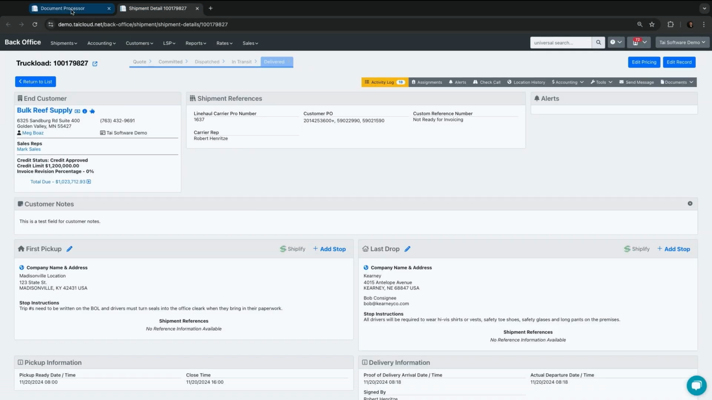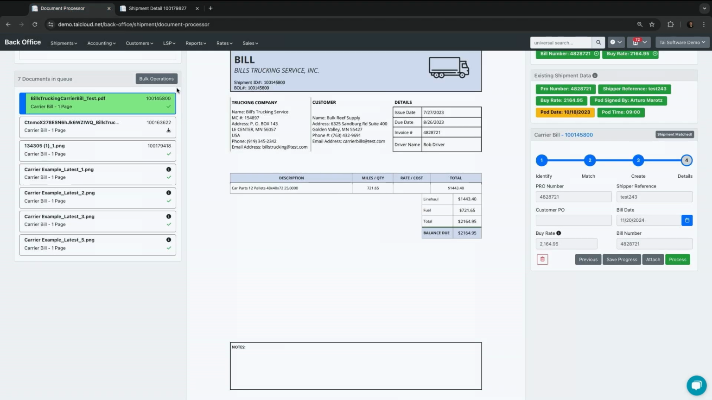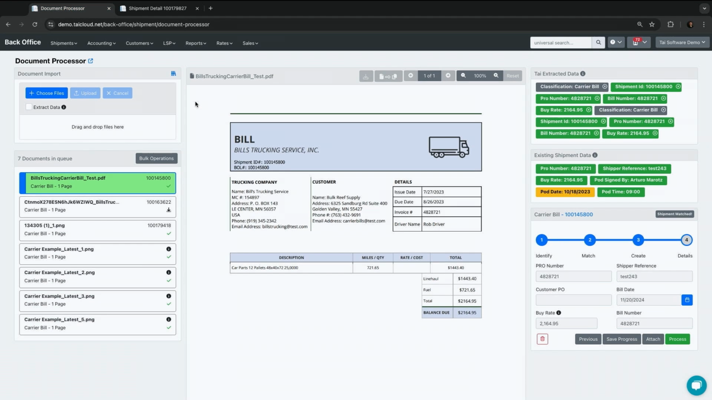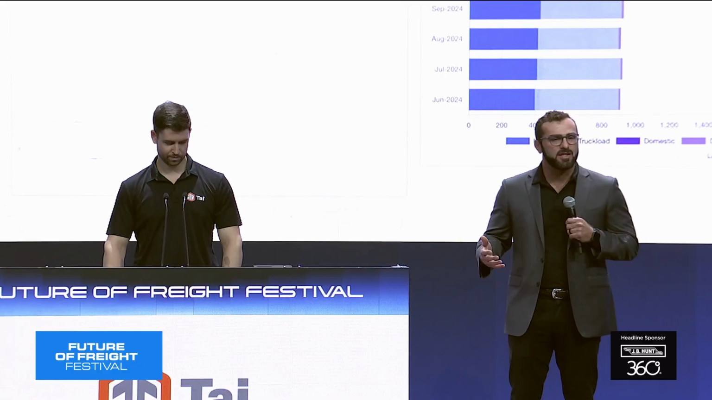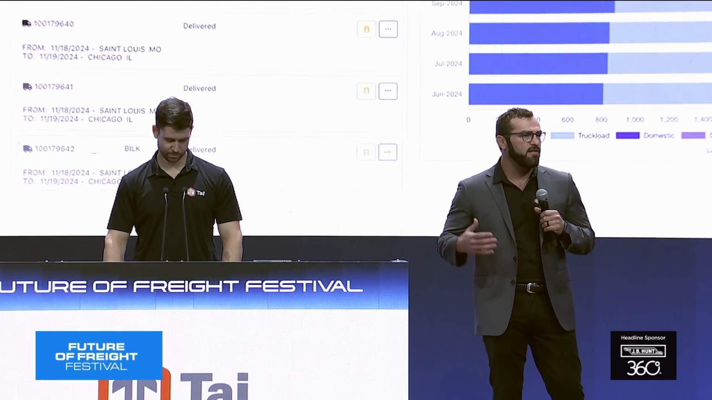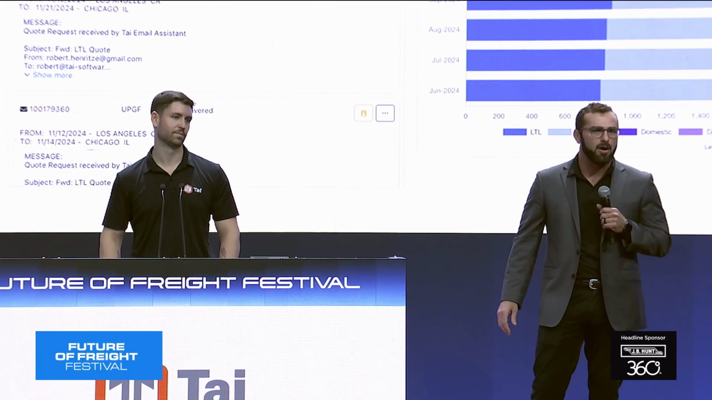Consider your back office team will no longer need to manually attach documents to shipments. They can leverage freight audit capability to determine if the bill coming in is what they expected to pay, and the system will call out any variances. As you can see, Tai's direct email integration provides tremendous value across any email-related task,